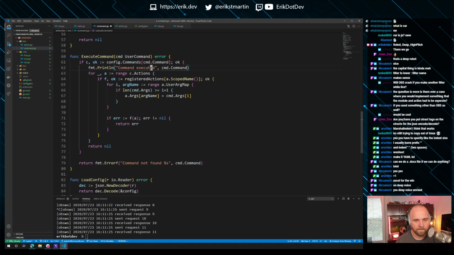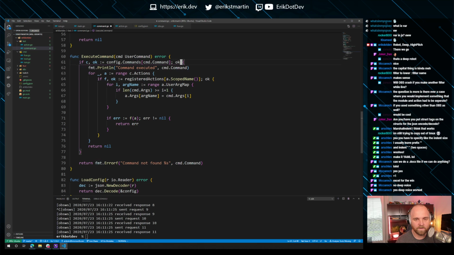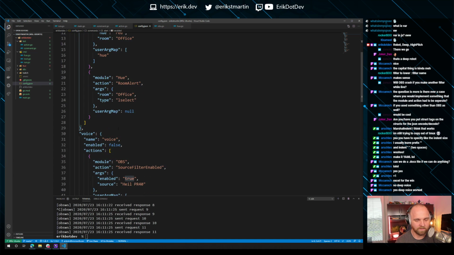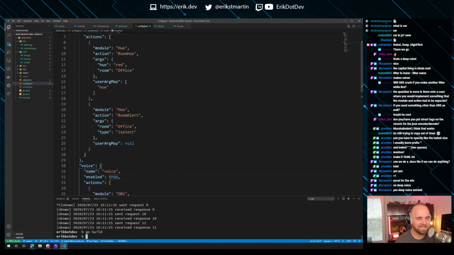Okay. We want the command to be found, and the command.enabled needs to be true. So now we're going to have this problem. So this needs to be true. Otherwise, you're not going to be able to use it. This needs to be true. We're just going to go build this really quick. So that should work. Now, it is about time to wrap up the stream, which means I think it is about time that we introduce again the